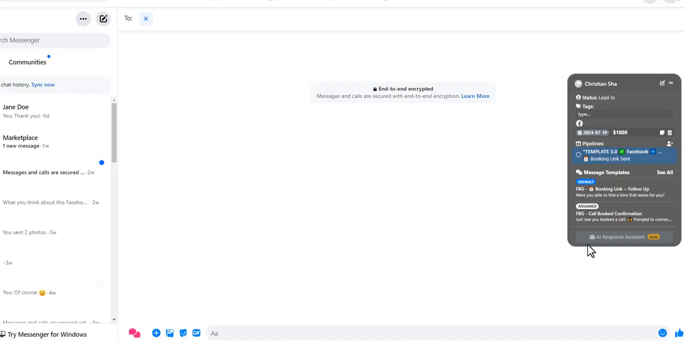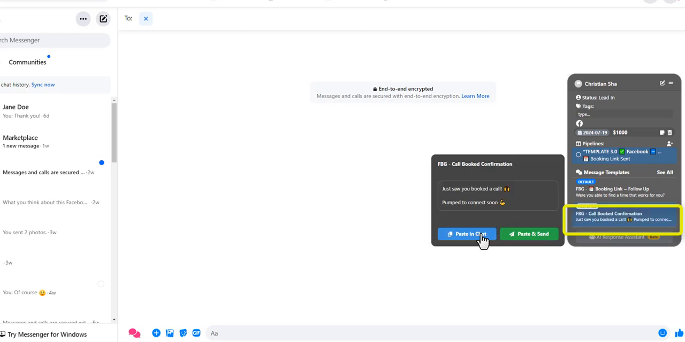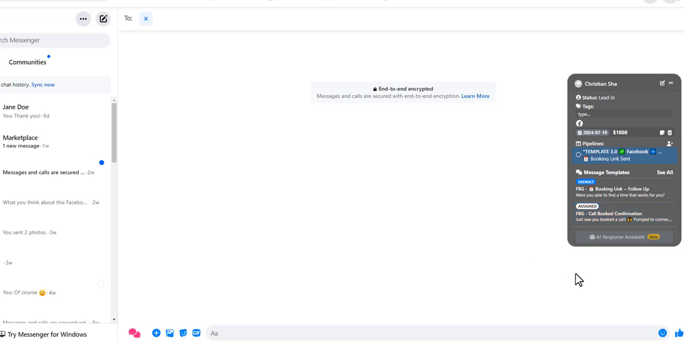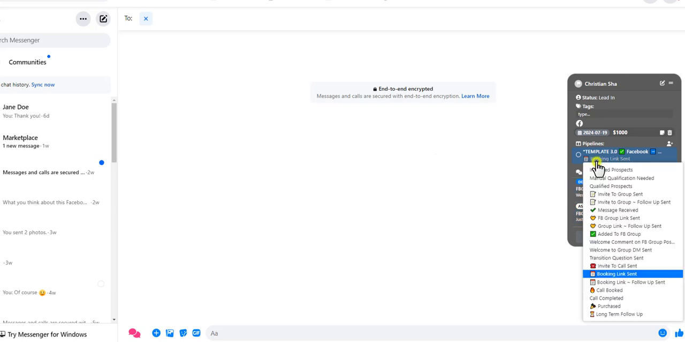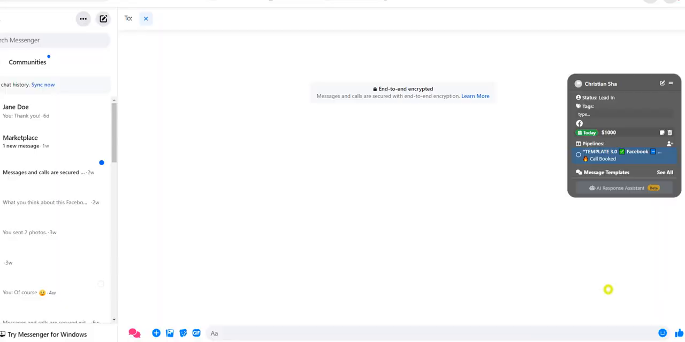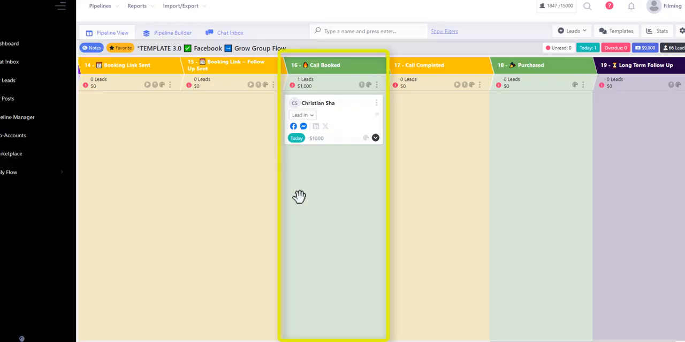Utilizing the overlay, find the call booked confirmation message template. Either click paste in chat or paste and send. Once the call booked confirmation message is sent, change the stage that the lead is currently in into the call booked stage. When a lead completes their call, go ahead and move the card that has completed their call into